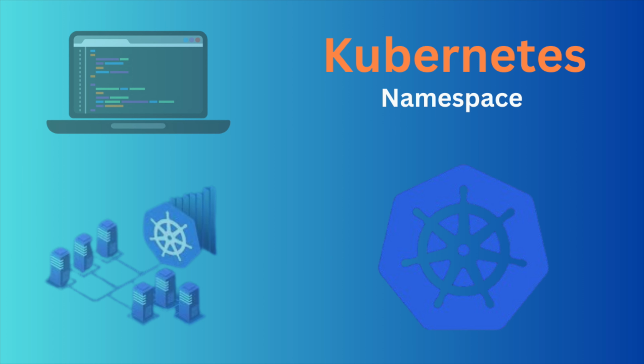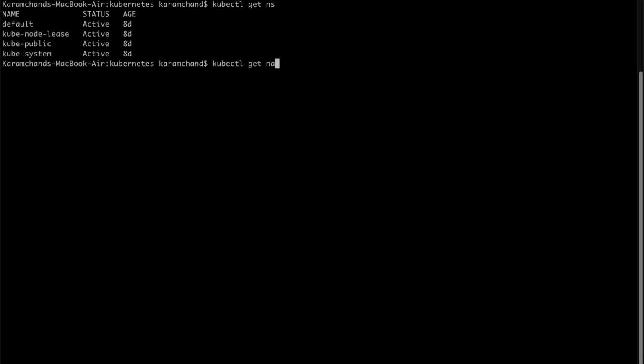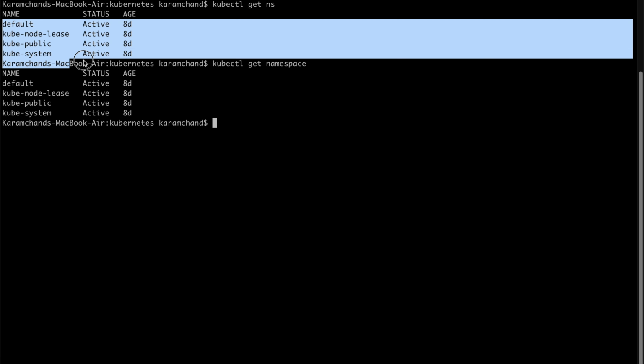Now let's go ahead and create the namespace. I'm in my Minikube Kubernetes cluster. So let's first check the existing namespaces in my local with the command kubectl get ns, or instead of ns we can even use namespace. Both commands will work. So these are the four out-of-the-box namespaces that come along with the Kubernetes